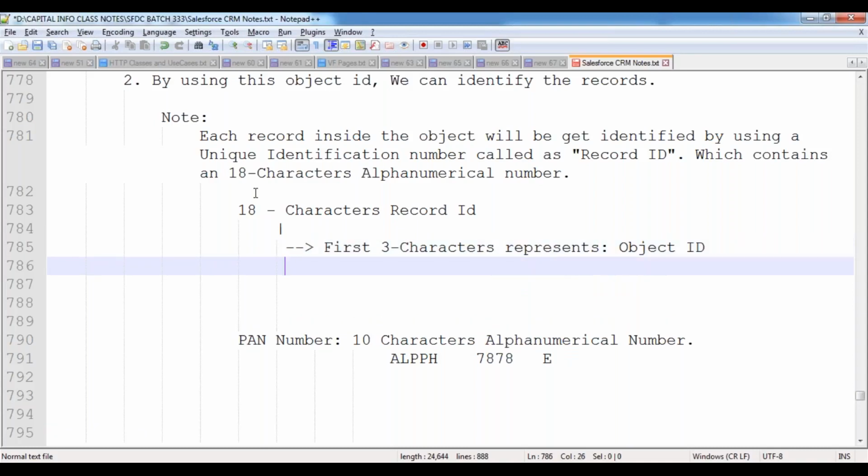That means it indicates which object this record is associated with.